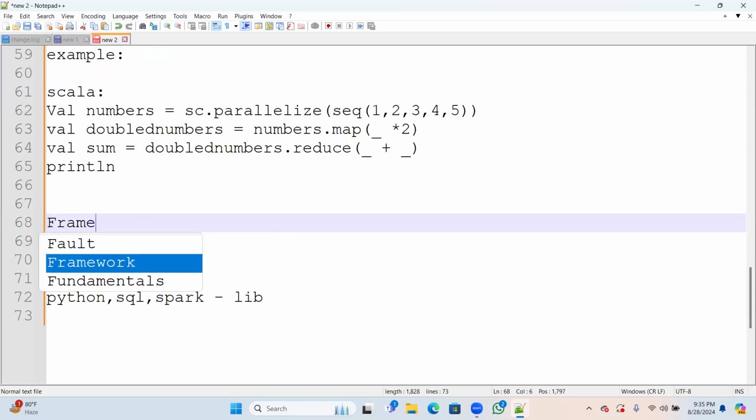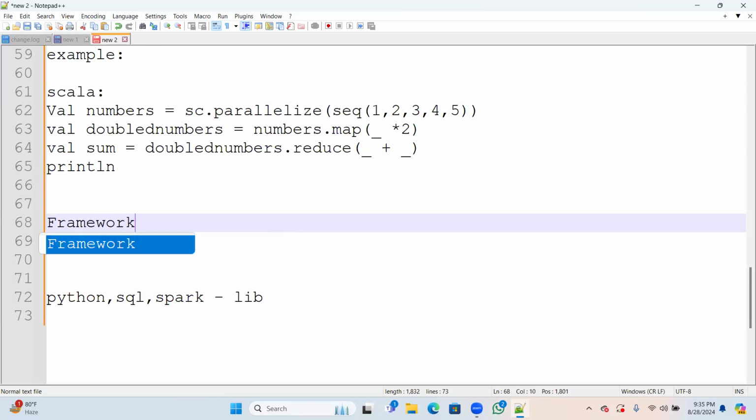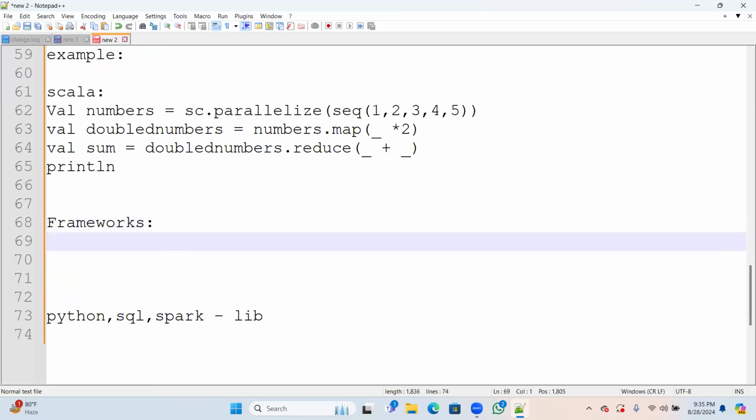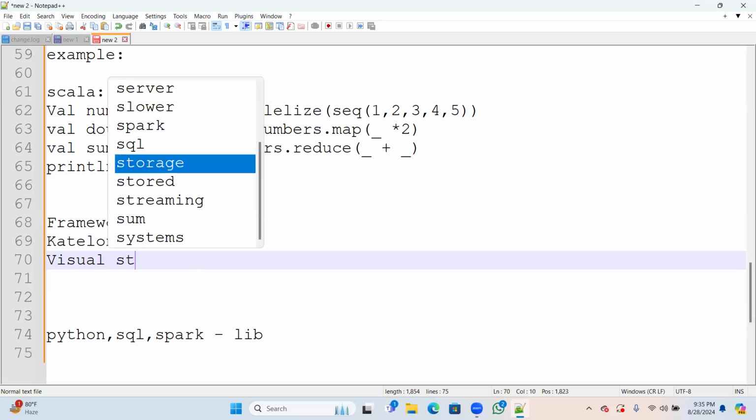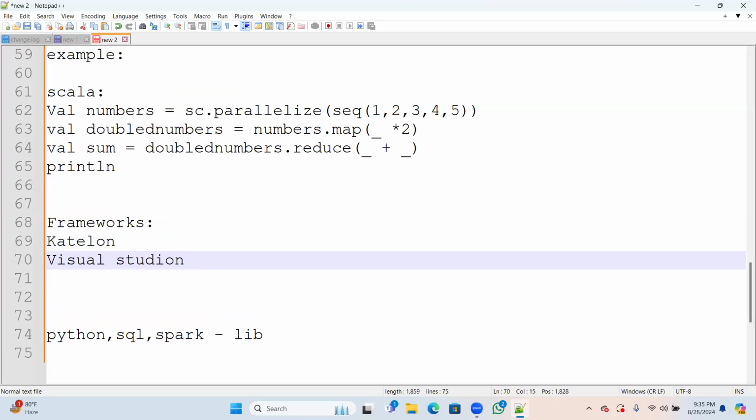So frameworks. You can go back and see, we have many frameworks, Visual Studio, this one.